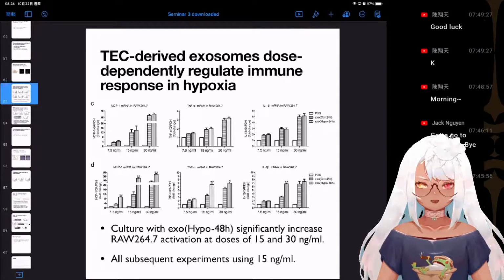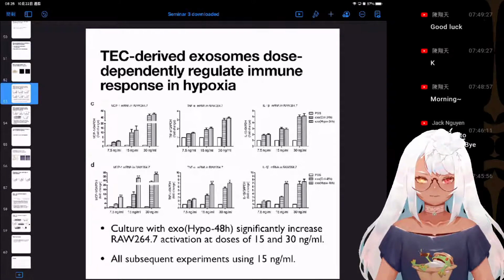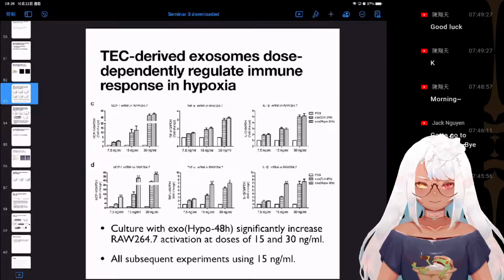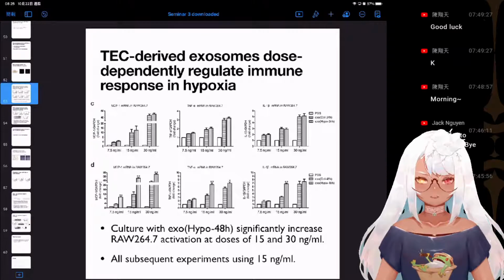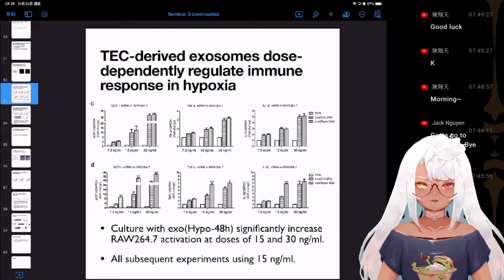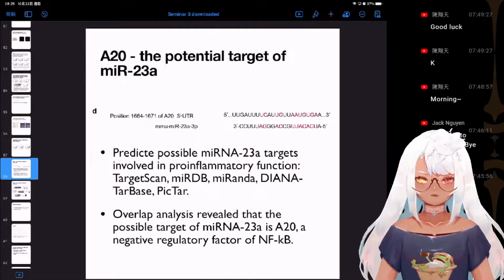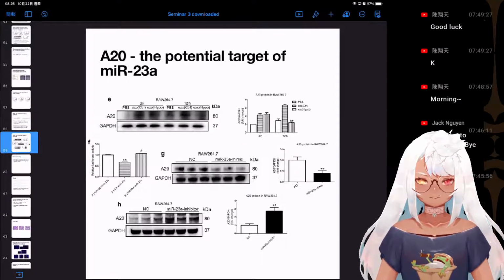So I shouldn't say 24 group, hypoxia 24 group, or control 24 group. Yeah, just don't say something like TEC derived exosome from the hypoxia 24 group. Just a long. Maybe I just say something like exosome from hypoxia 24-hour group or exosome from hypoxia 48-hour group, hypo 48 group. Yeah. If they don't get it, they might just need to ask. That will be better, I guess. So exo hypo 24-hour group. Yeah, in exo hypo 24-hour group. Yeah. Just make things short.